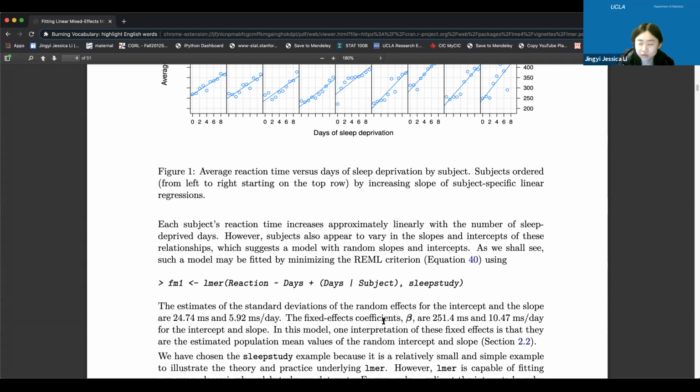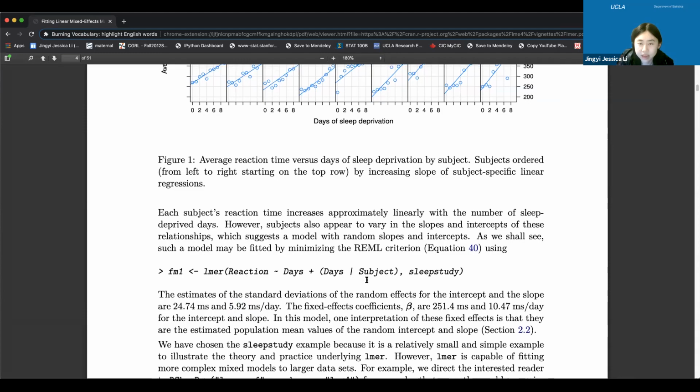Okay, so that's all I want to say about linear mixed effect models. And let's switch back to my notes. You can see that